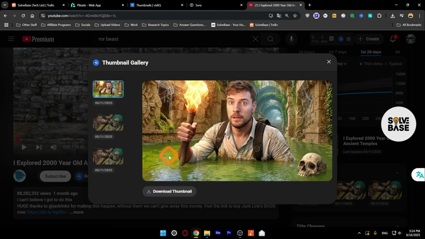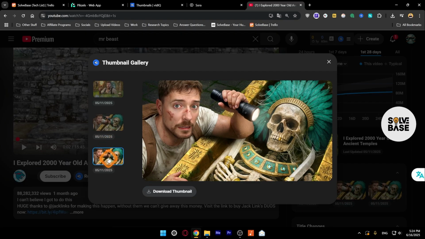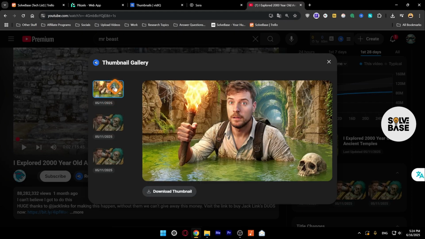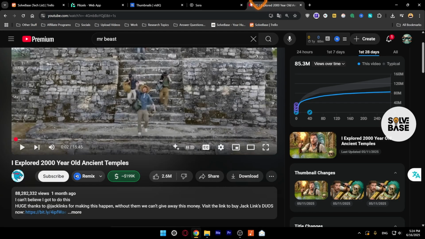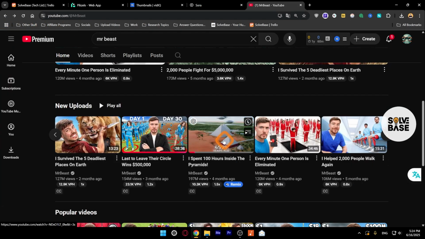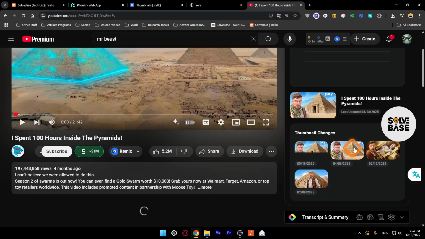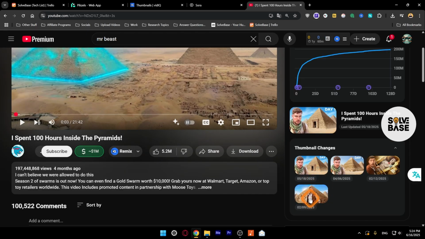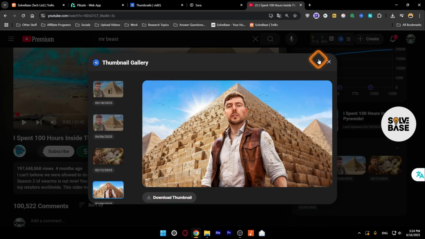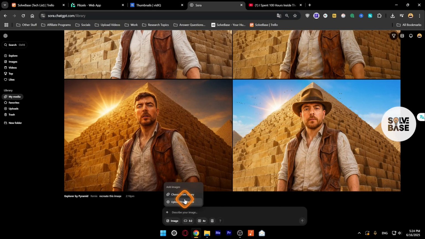The best part about VidIQ extension is that you get these other thumbnails as well that they have uploaded for A/B testing, but they're no longer using it. So you can just use this first one and download it to your computer. For this, I used this video, and over on the right hand side, you're going to find these different thumbnails that they have uploaded. I used this one, download it to my computer, go over to Sora AI and upload